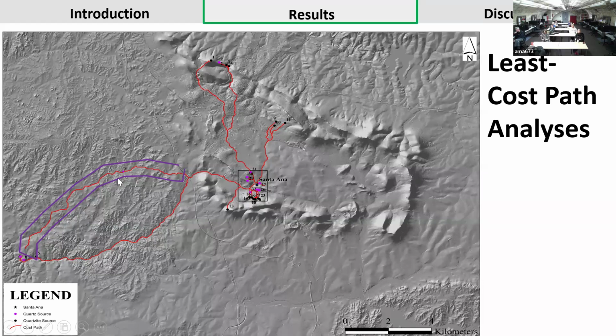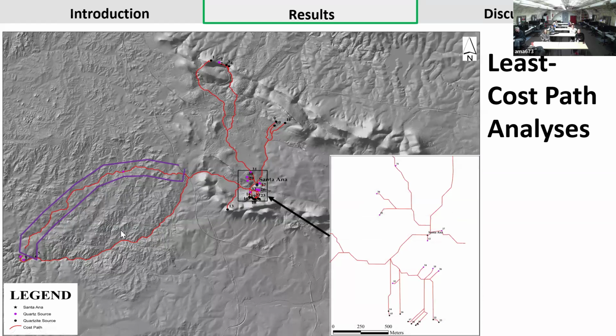But the idea is that with this cost path, you always want to pass through water, but it's not always the case. So I tried to look at, if it passes through water, what will I get, and if I remove sources of water from the variables that I've used. So that was when I got this. But like I said, they're both more or less the same in terms of distance. This is the distance from Santa Ana to this particular point, which is source 5 here.